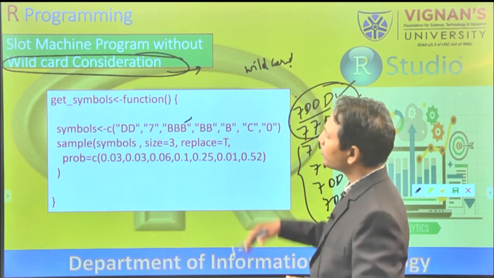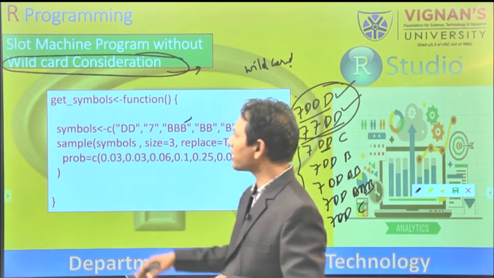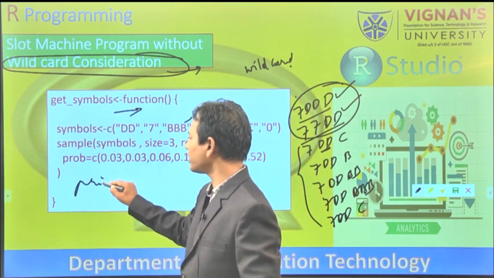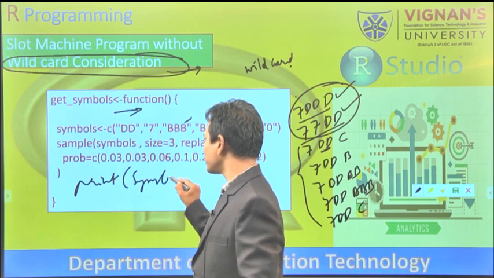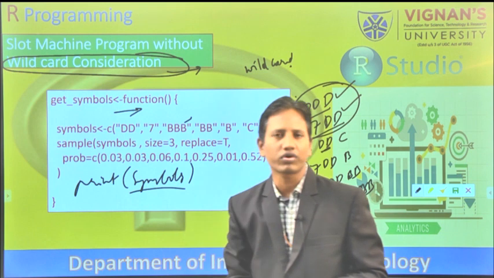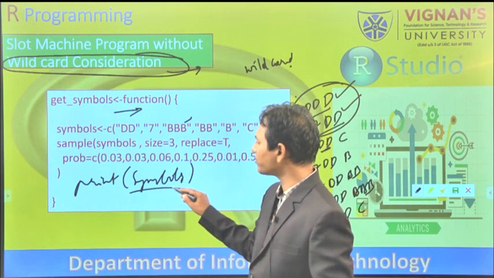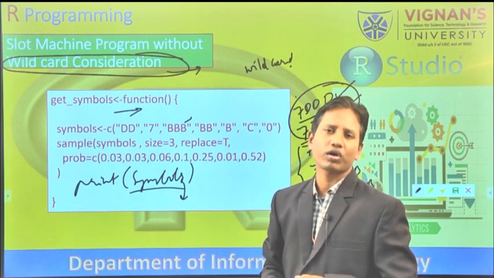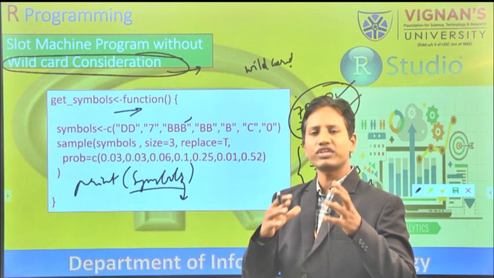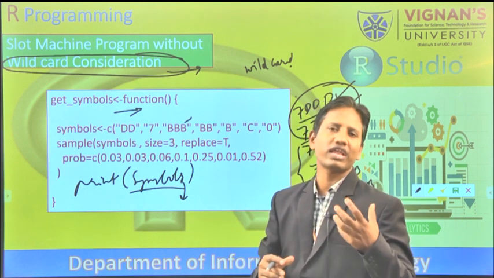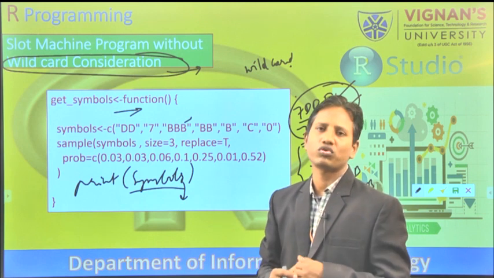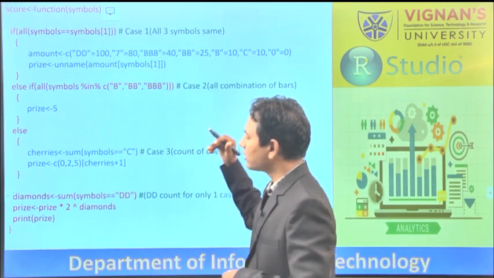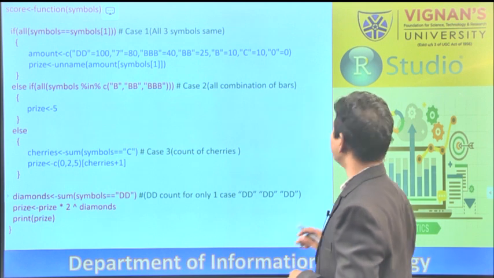Okay, so if we go to the programming code, the first part is going to be get the symbols. If you write the print statement here, print symbols, you are going to get the symbols. Once you got the symbols, you have to pass them to the function called compute score, and there it is going to check all these four cases, and ultimately it is going to give us the prize amount.